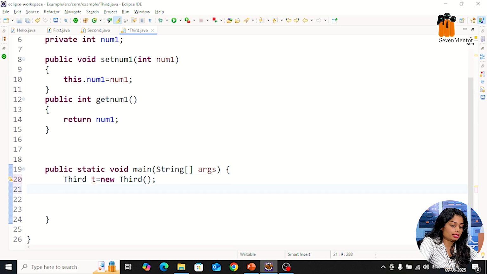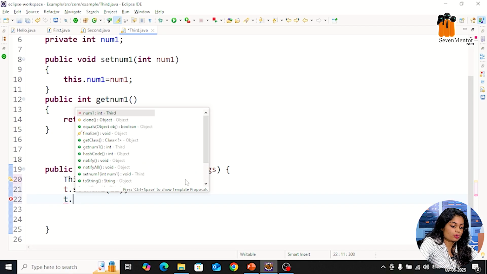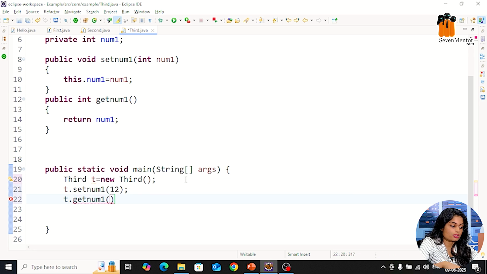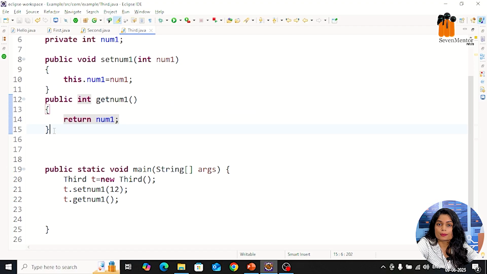So simply t.setNum1, I am going to set the value, that is 12, and in the same way t.getNum1, and inside that you are just going to display the value. Now again, this getNum1 is going to return. You can see here I used the return statement, but here I have not used System.out.println.